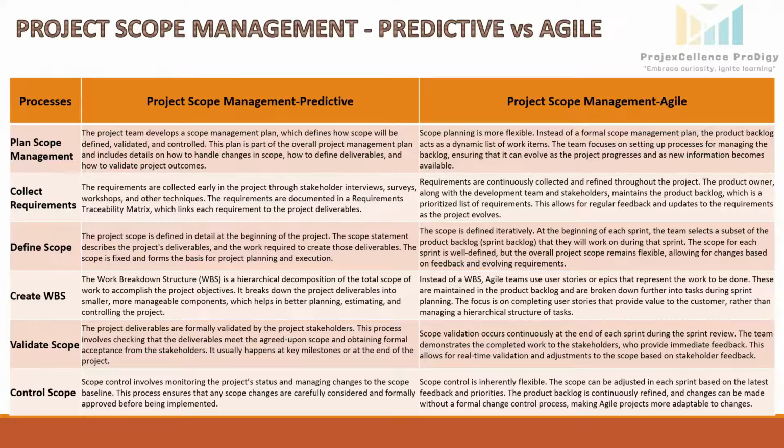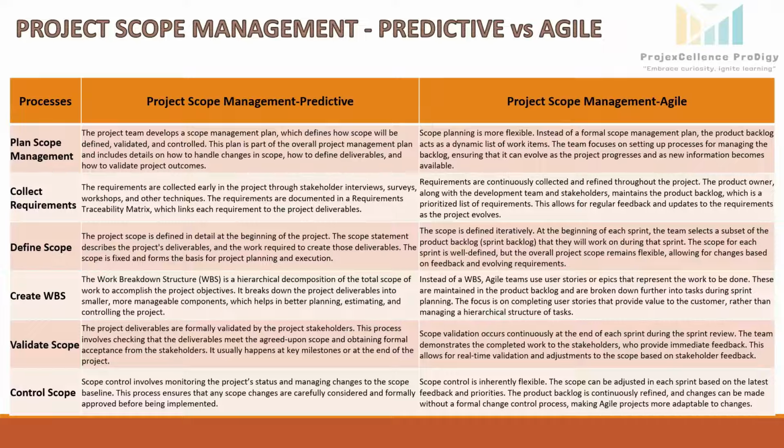So instead of defining every feature upfront, the team starts with a basic set of functionalities and adds features in iterations. So the scope will evolve based on the user feedback, market trends, and stakeholder input. So if, let's say, the market demands a new feature, it can be added to the backlog and prioritized